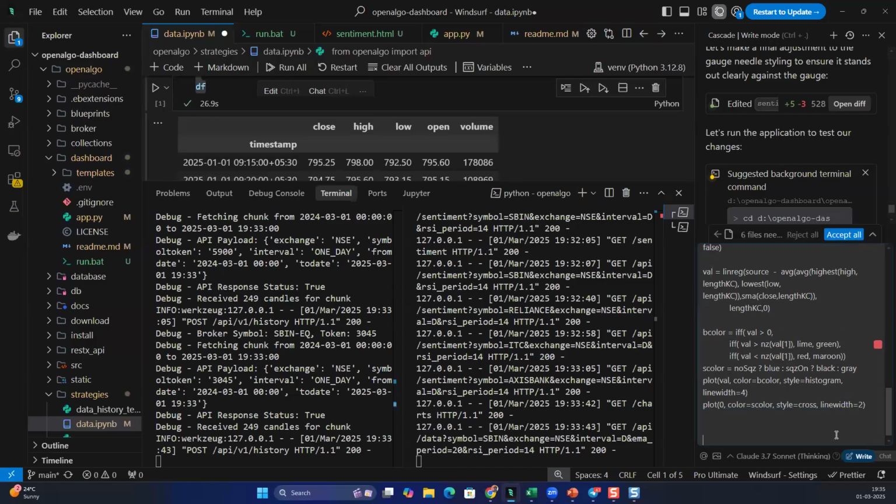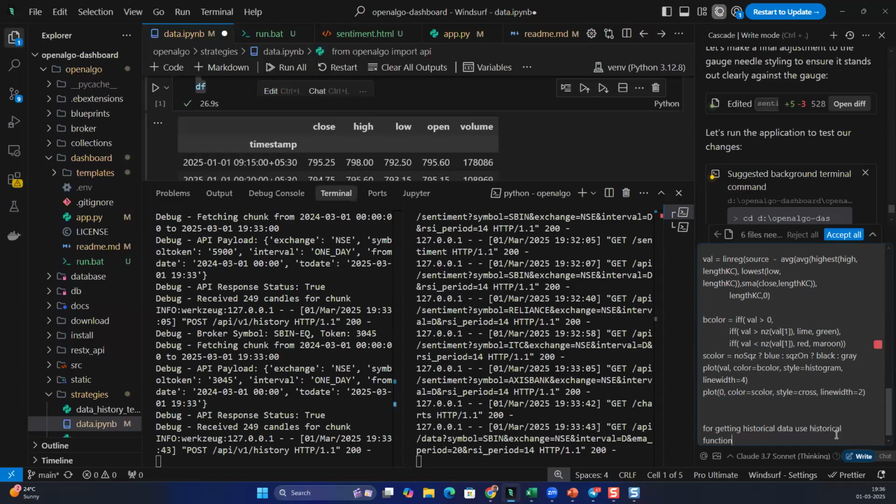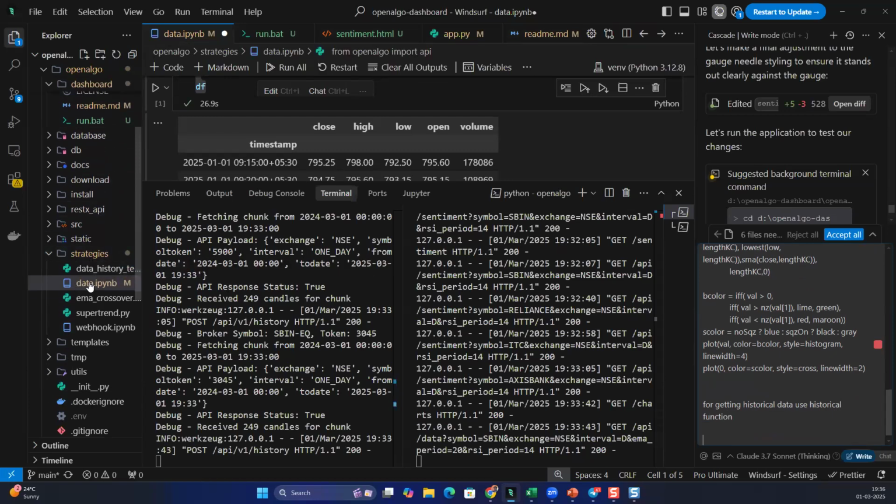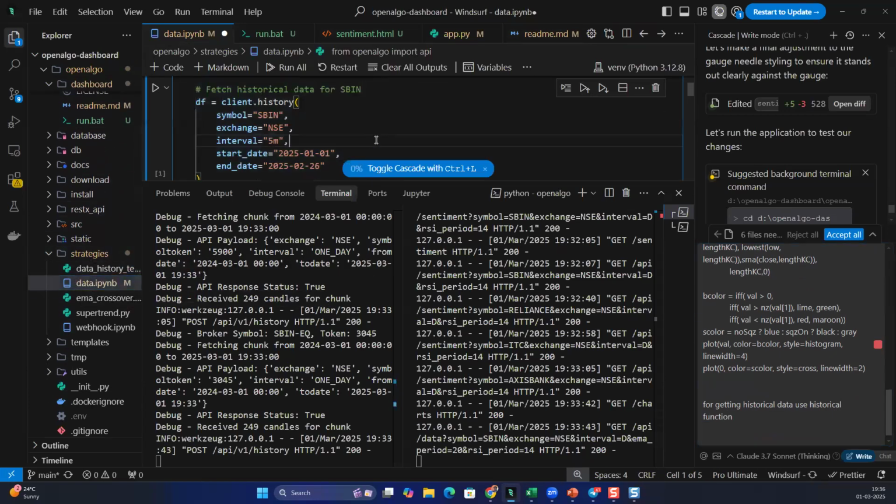And for getting historical data, use the historical function. That historical function, we had already done that, right? So anyway, for a sample, I'm going to give again,